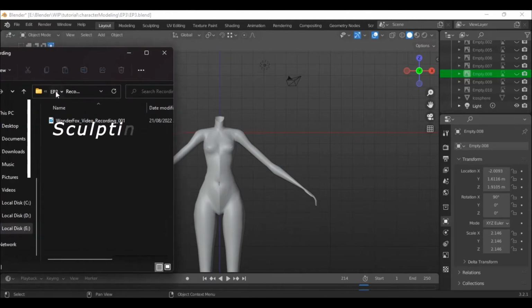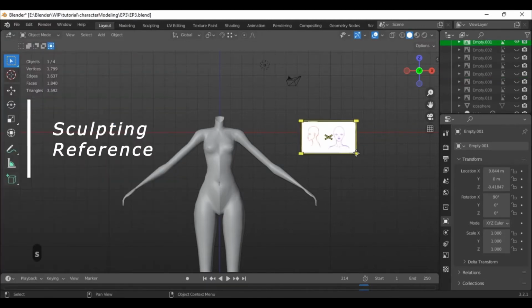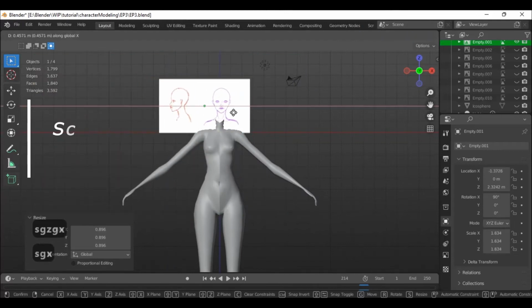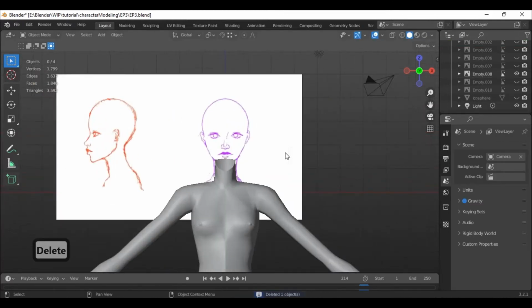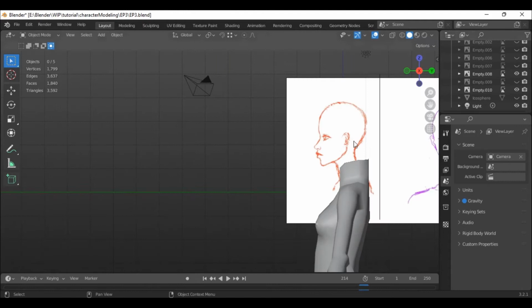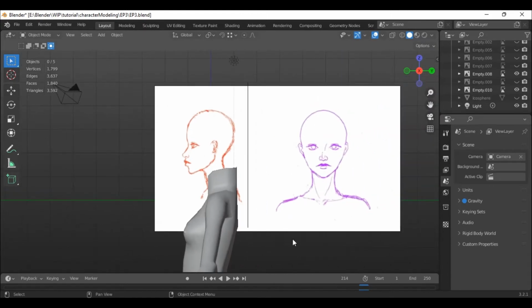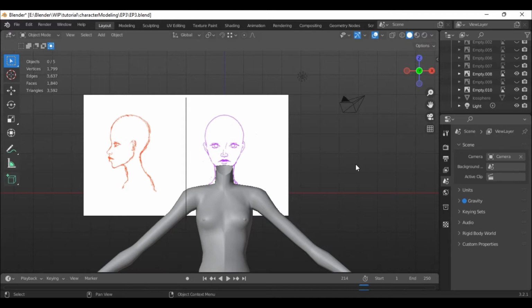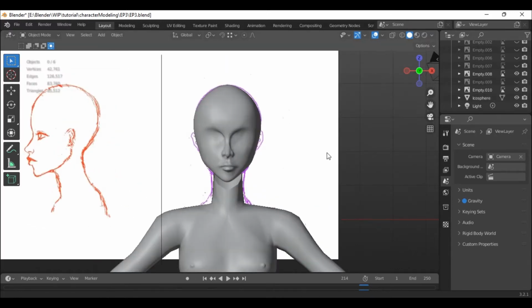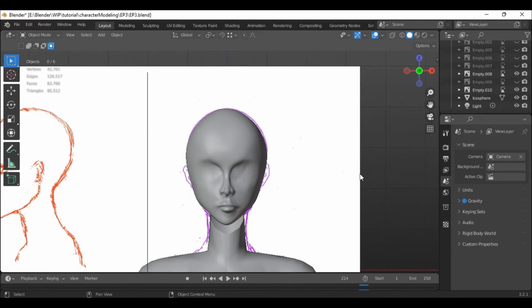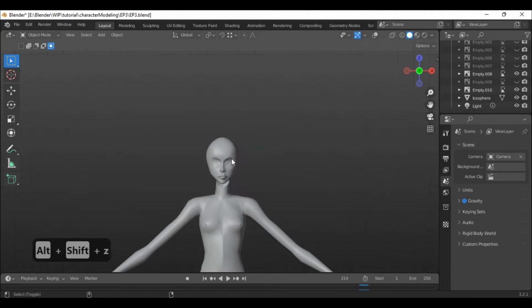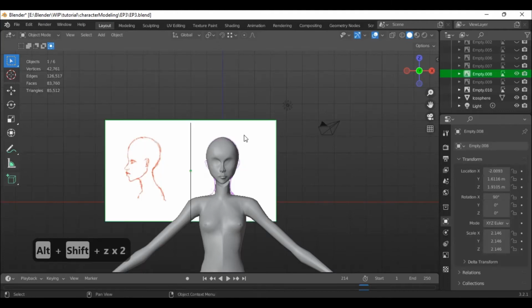So first off, add the reference image for the head of your character. Make sure you have one aligned for the side view as well. Then make a sculpt of the head that defines the topology of the facial features. I will skip this part as this is not a sculpting tutorial, but you will not need any advanced sculpting techniques as this is just a base mesh to work on as a reference. You can make slight edits to the mesh we will make for the head later.